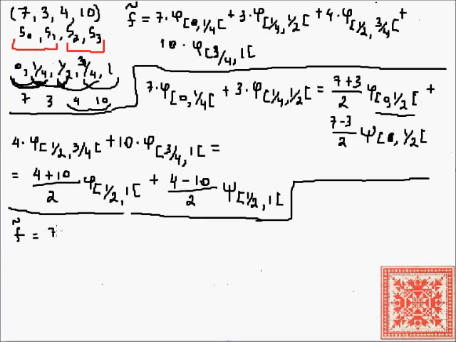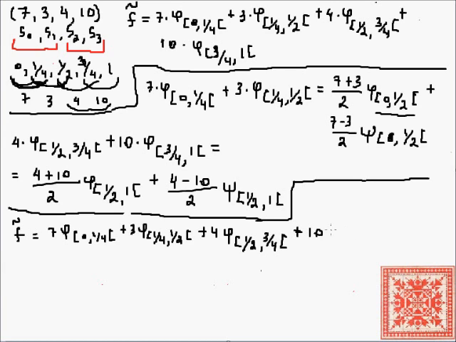So this is f tilde, the original approximating function: 7 times phi from 0 included to 1 over 4 excluded, plus 3 times phi from 1 over 4 included to 1/2 excluded, plus 4 times phi from 1/2 included to 3 over 4 excluded, plus 10 times phi from 3 over 4 included to 1 excluded, equals 5, which is 7 plus 3 over 2, times phi from 0 included to half excluded,